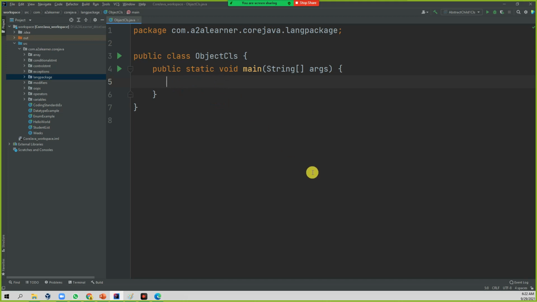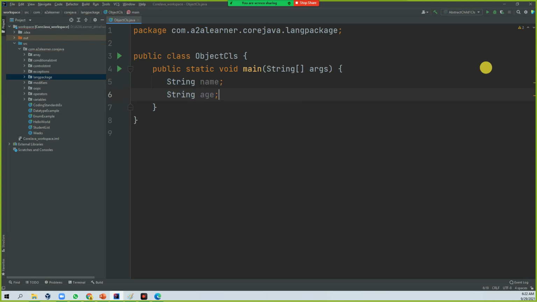Let me create two fields, String name and String age.